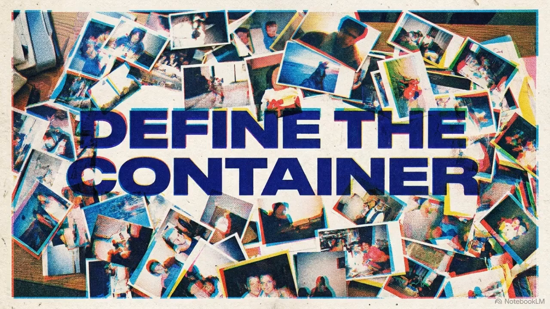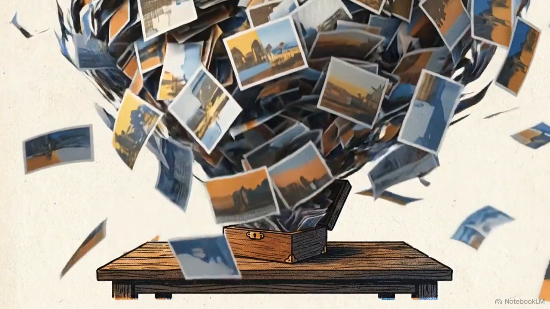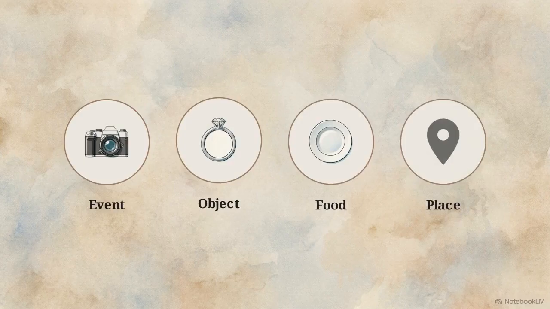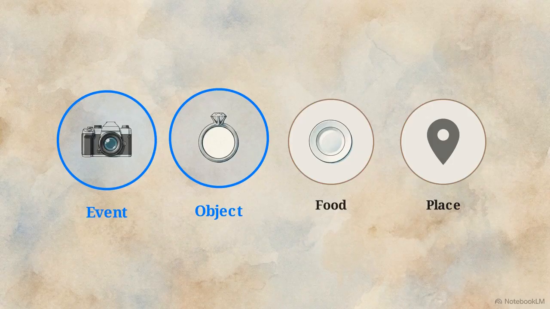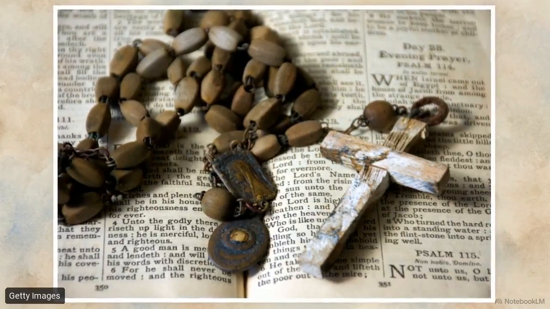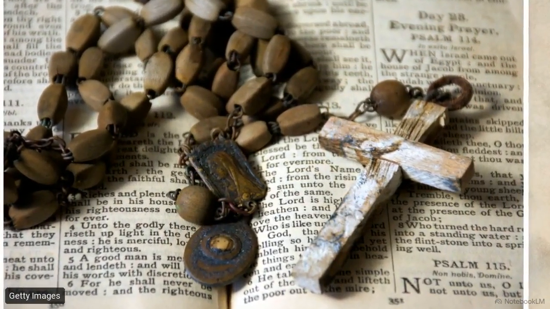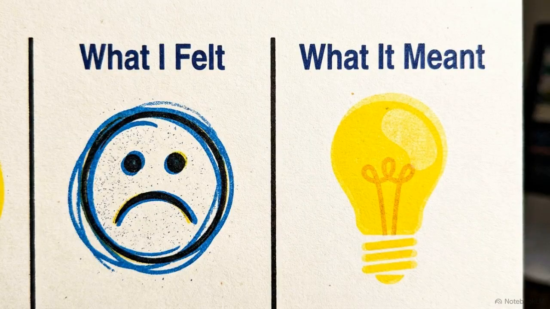Step 1 is choosing your narrative frame. A sprawling life story is simply too large for a reader to process, so we must narrow that material into a tight container. To do this, you will use one of 4 framing devices: a specific event, a tangible object or physical trait, a culturally significant food, or a specific place. Choose your frame now. Ensure it is a concrete, tangible thing, like a single wooden rosary, or a very tight moment in time. Step 2 is isolating the core insight of your story from your surface feelings.